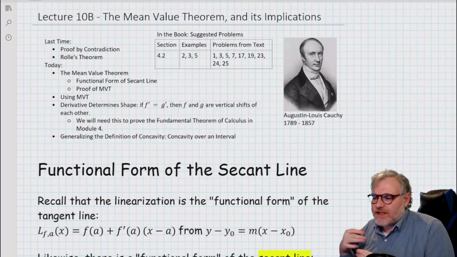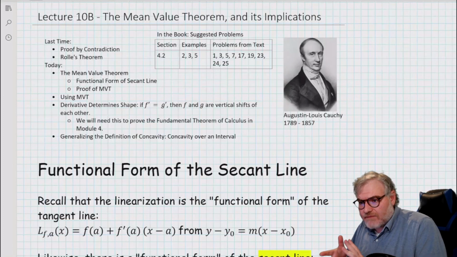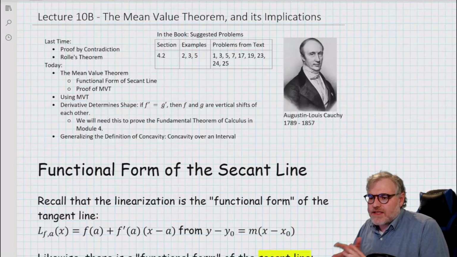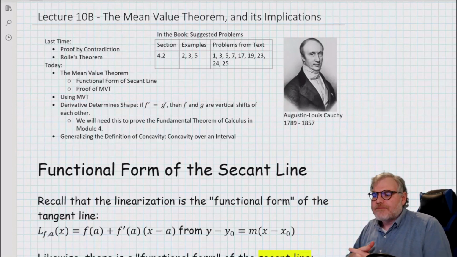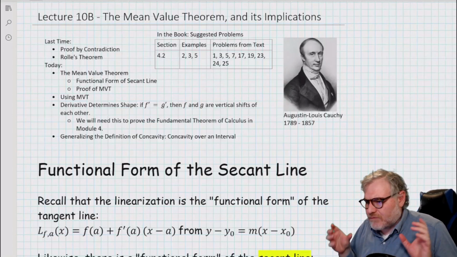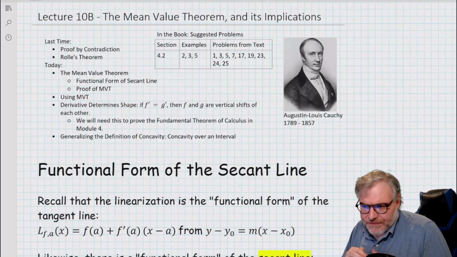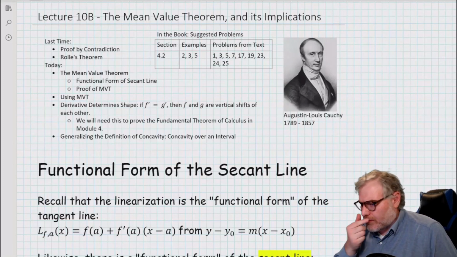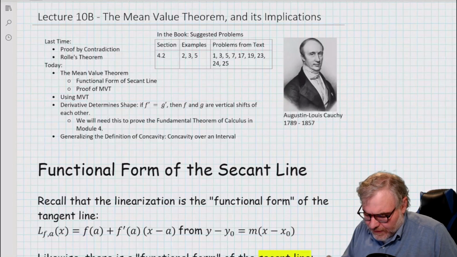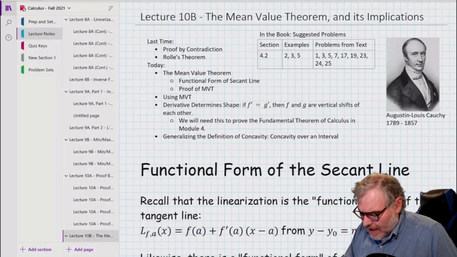And then we're going to play with using the mean value theorem, and then we're going to prove this thing that derivatives determine the shapes of graphs. In other words, if two functions have the same derivative, then their shapes are identical. They're just vertical shifts of each other. And we need that in order to prove the Fundamental Theorem of Calculus Part 2 at the end of the